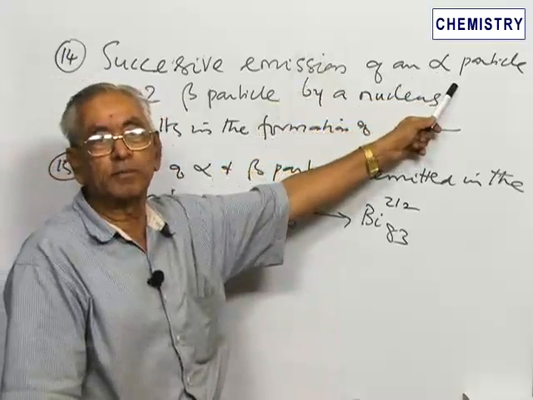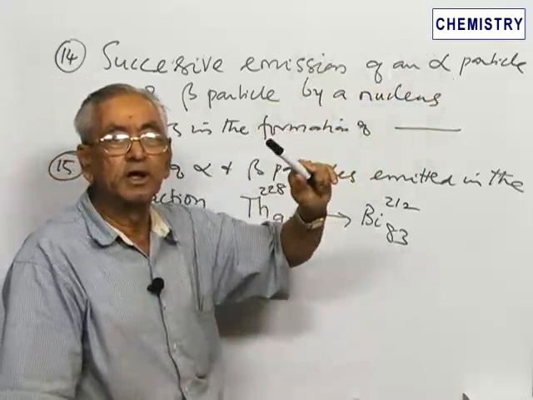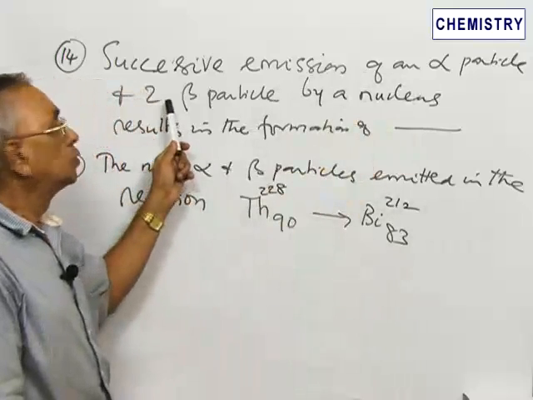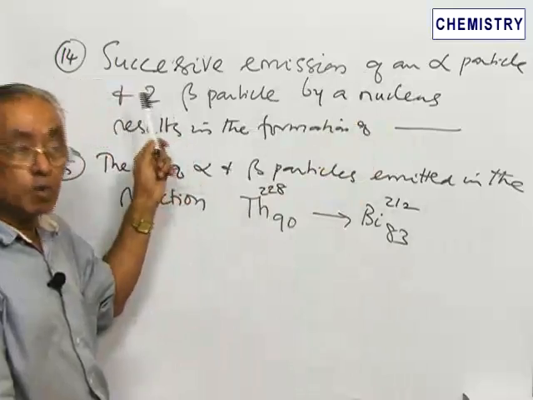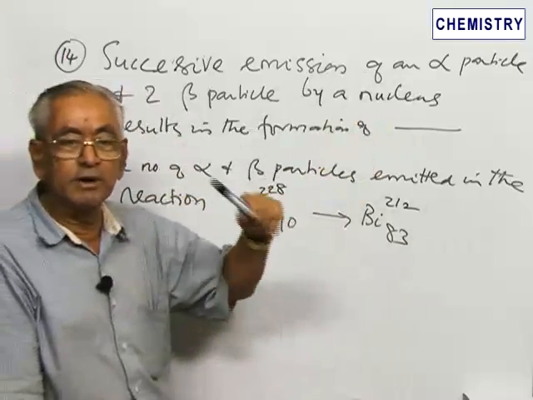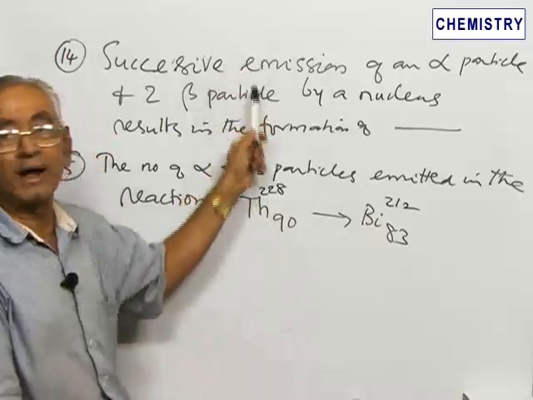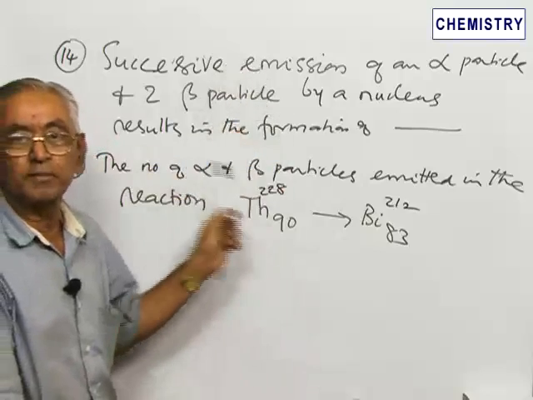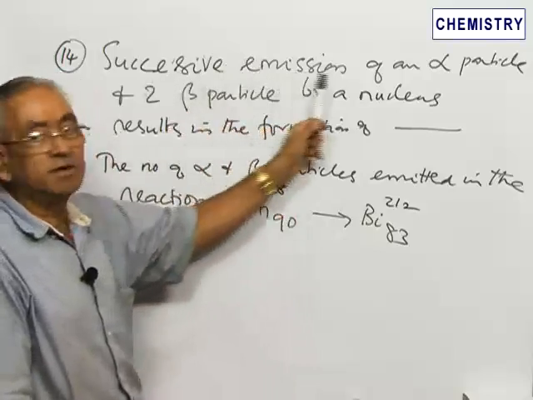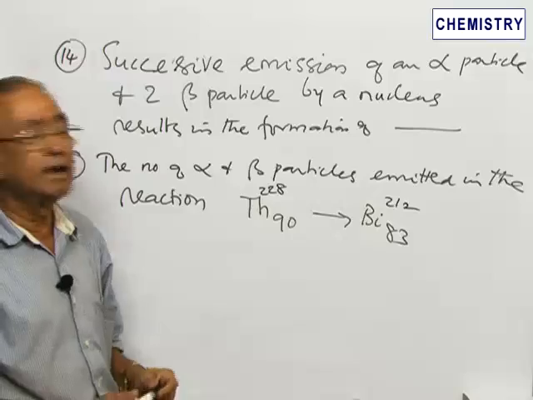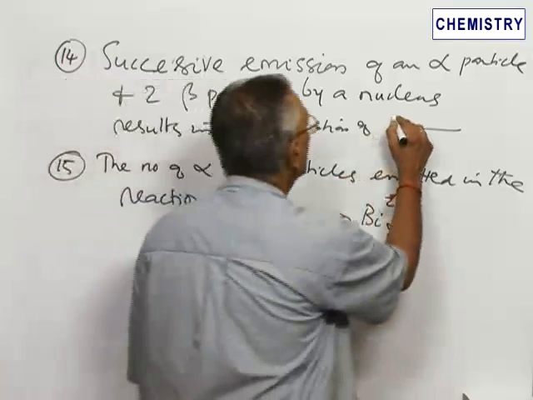The position wise it goes back 2 groups, and 2 beta particles will advance that element forward by 2 units, so the element will come back to the same position. Therefore, the successive loss of an alpha particle and 2 beta particles will lead to the formation of the